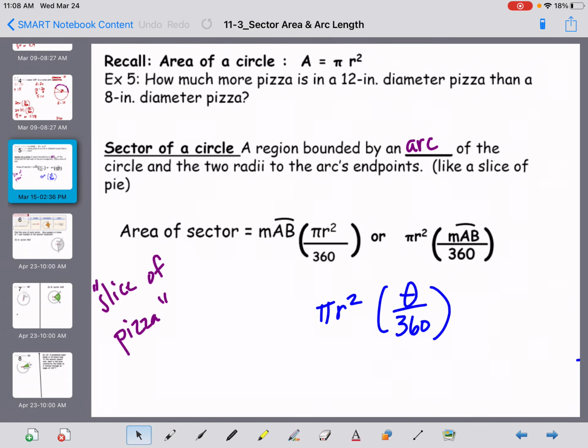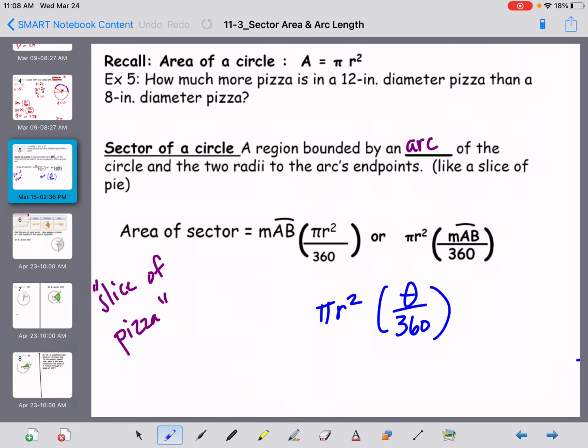All right, so if you'll recall, the area of a circle is pi r squared. And we could use that formula to figure out how much more pizza there is in a 12-inch diameter pizza versus an 8-inch diameter pizza. So what we would do